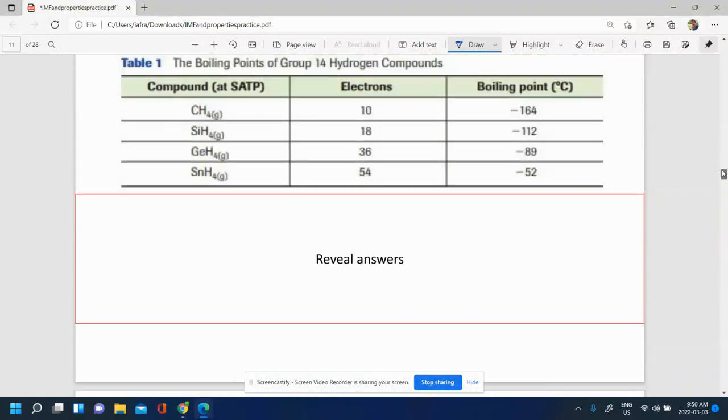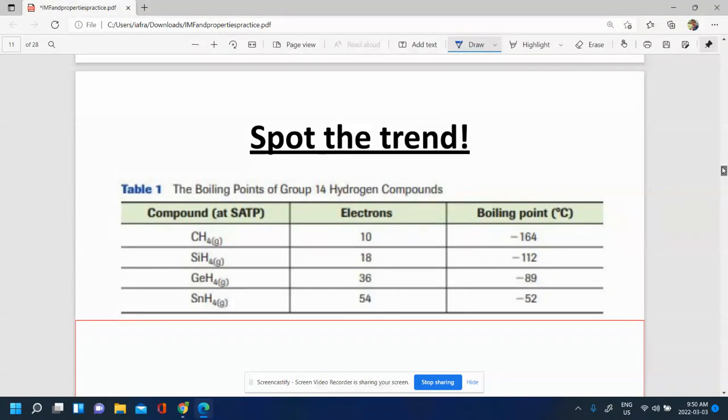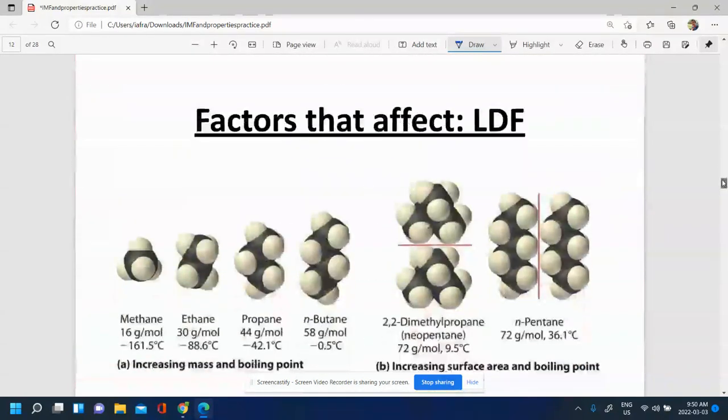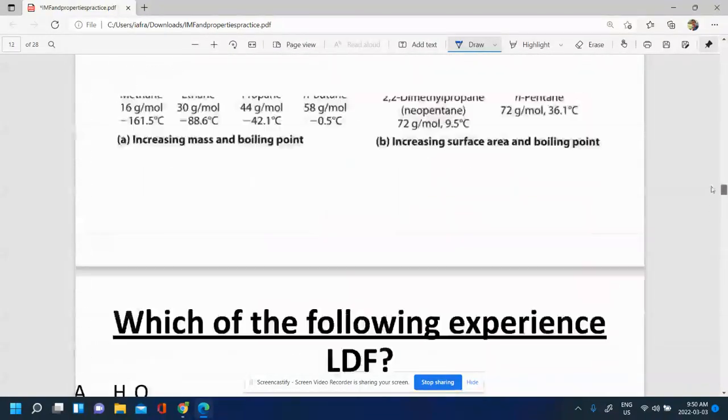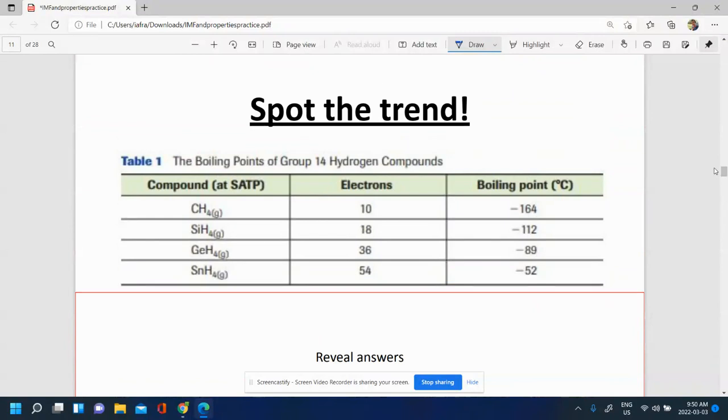So that was some practice problems related to some dipole-dipole interactions, some LDF, and hydrogen bonding. Let's take a look at a few more questions involving LDF now. So here we have a table that has a bunch of different non-polar substances. These are all non-polar. I want you to spot the trend, and what you'll notice is that as the number of electrons increases,